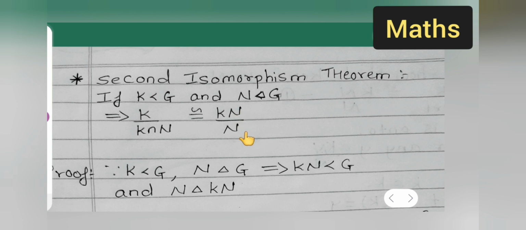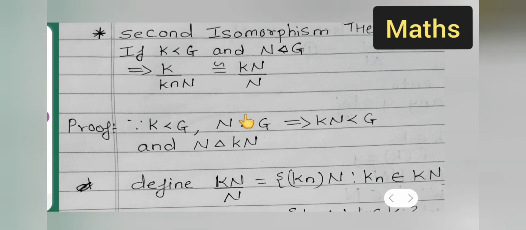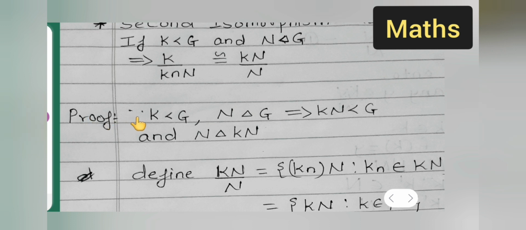Now moving towards the next part, let us start with the proof. What we need to prove over here is this: K upon K intersection N is isomorphic to KN upon N. This is what we have to prove. Okay, so let me start. Proof: since K is a subgroup of G and N is a normal subgroup of G,